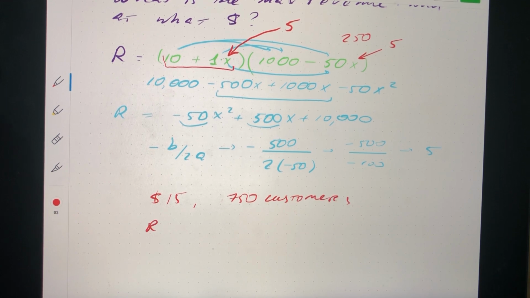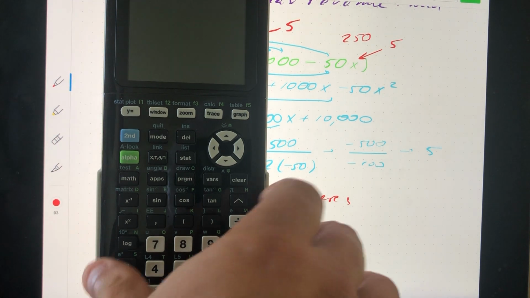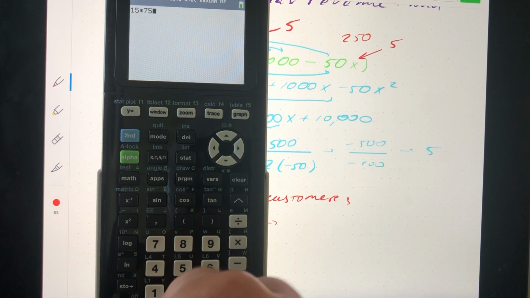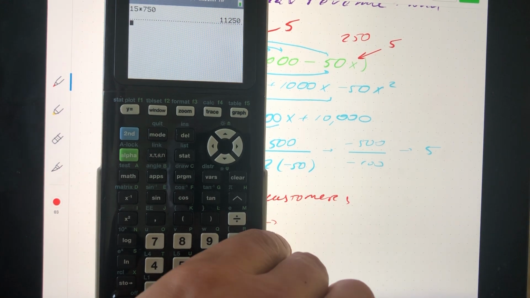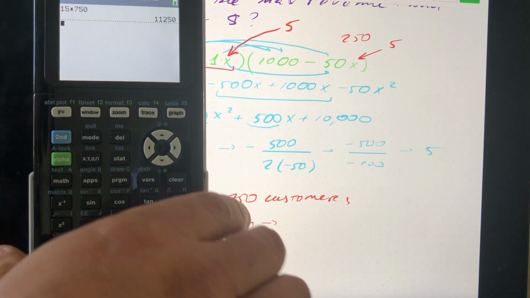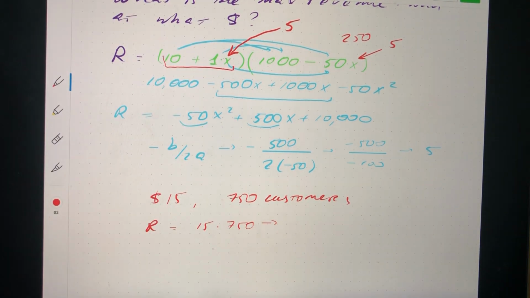But what is the revenue? That's 15 times 750, which is, using the calculator, here is 15 times 750, and that comes out to be 11,250, which means that's more than our 10,000 that we had before. So now we have